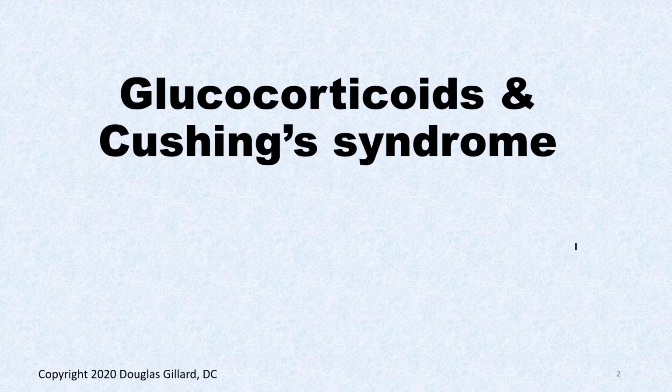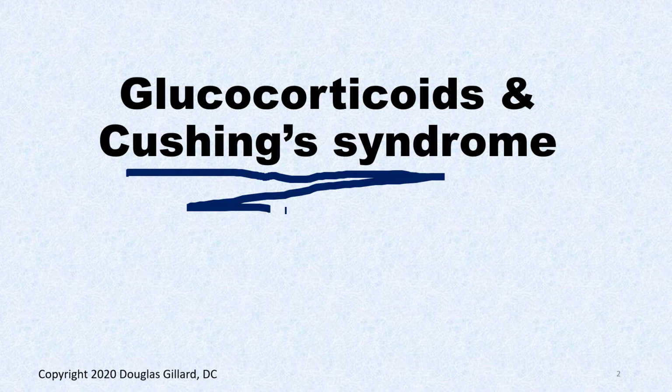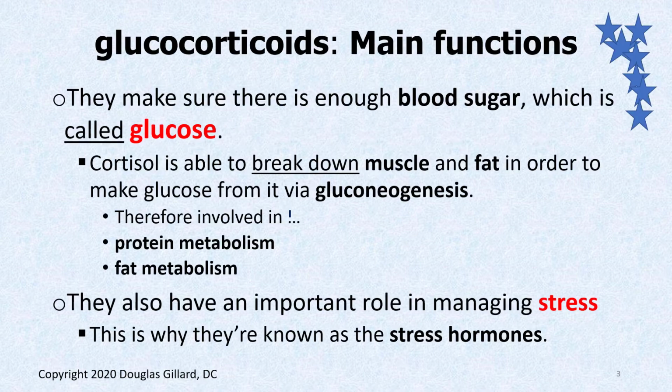Off we go. Let's talk about Cushing's syndrome. Actually, we're going to lead up to Cushing's syndrome. Let's just talk a little bit more about glucocorticoids. We've kind of talked about them, so it should be pretty easy. What is the main function? When we say glucocorticoids, we're mainly talking about cortisol, and we've talked a lot about where that's released from, the adrenal gland,